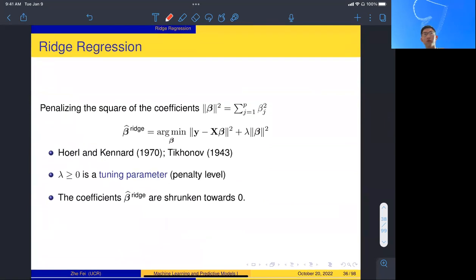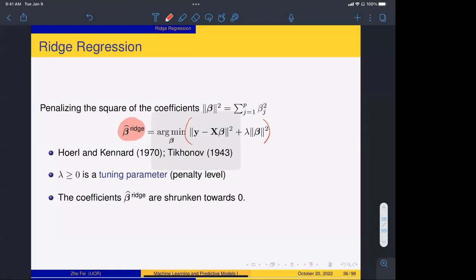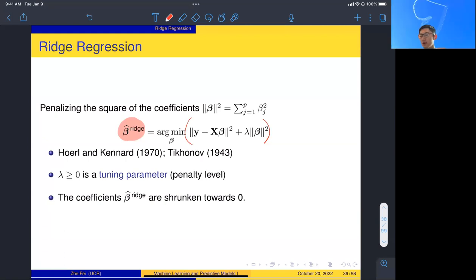Now let's move on to the more detailed results. First, regarding the ridge regression, to formally write out this beta hat ridge solution, that's our ridge regression estimate, we see it has these two components. First is residual sum of squares, the loss function, and plus lambda times